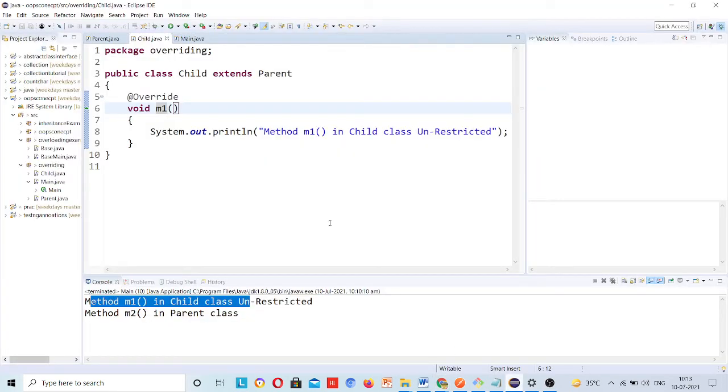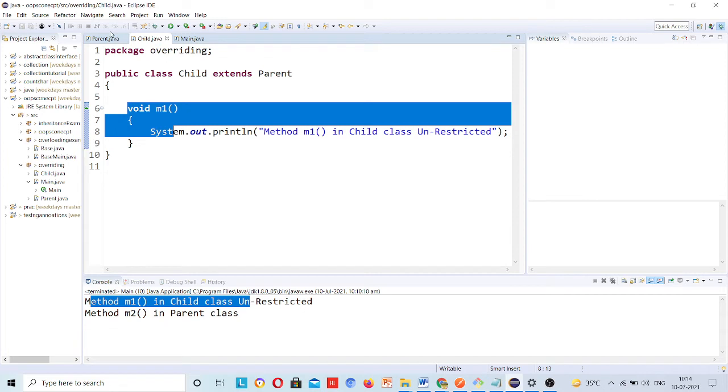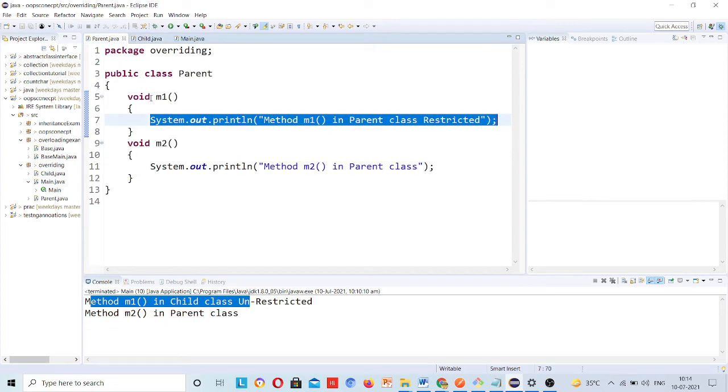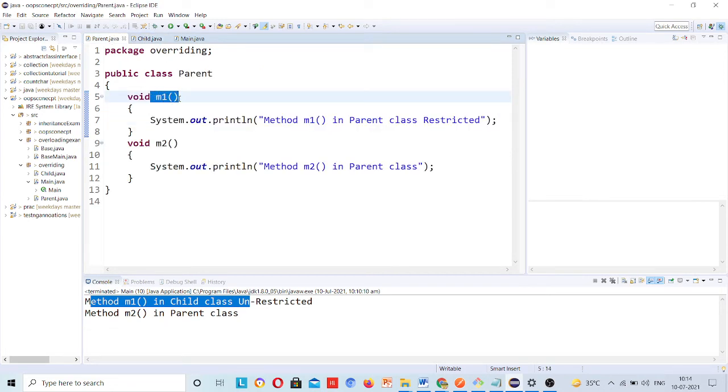Okay, see what I am saying, what is overriding? Overriding is when the child class is not satisfied with the implementation of the parent class methods, then the child class has the ability to override that method. Okay, just forget this override as of now. So this m1 method is overridden from this parent, because see, in this parent class you have the m1 method.